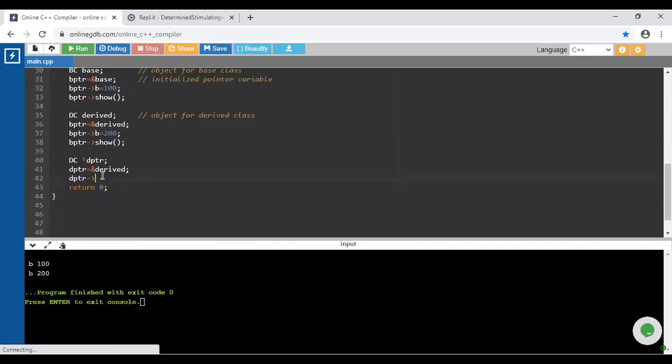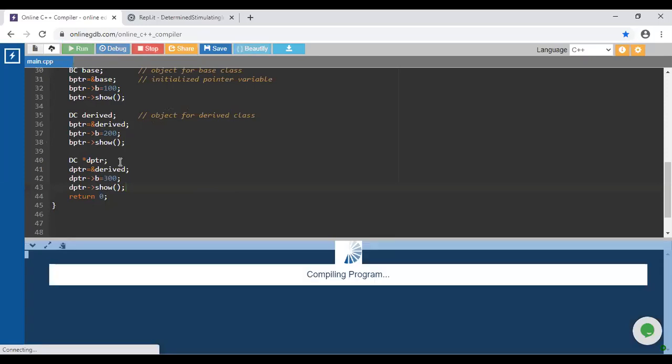What will happen if I initialize the b variable to 300? Is this possible? Just look at the output.